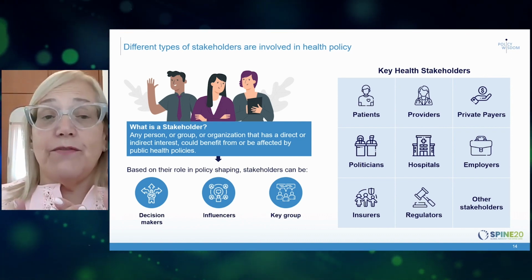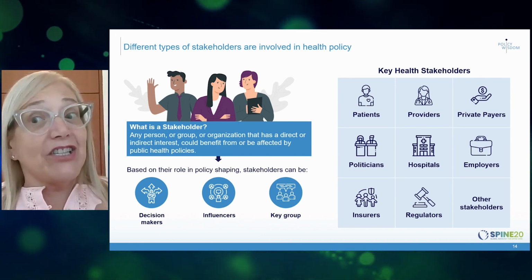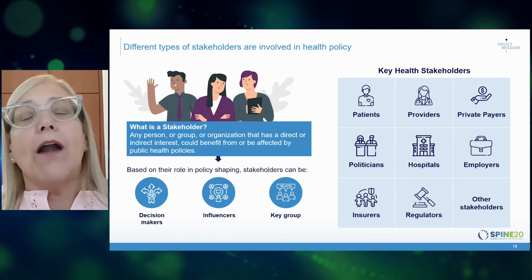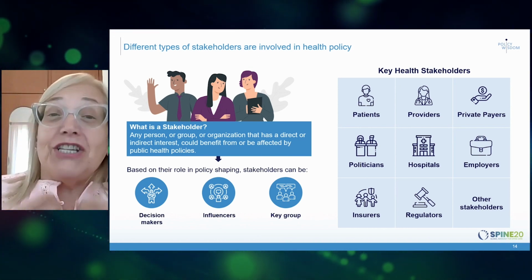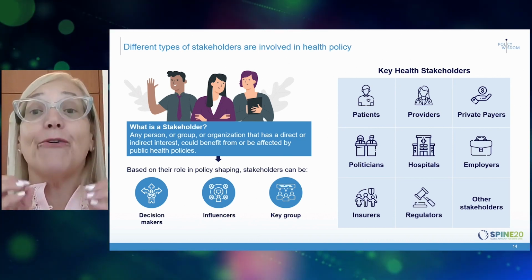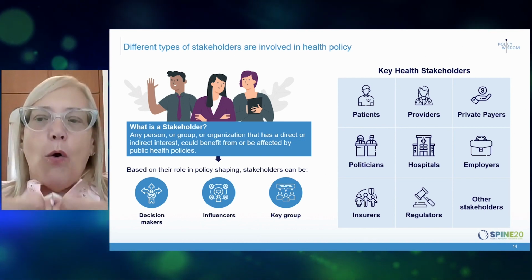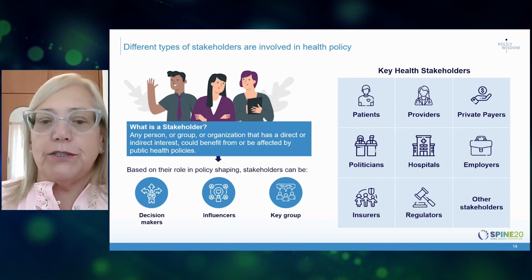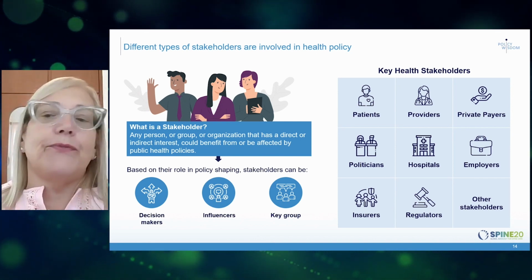So those are the individuals that we know influence the decision makers, and they can change based on the decision maker. And key groups are organizations or groups who, because of the sheer nature of what they do, have a right to have an opinion, make a demand, or offer a solution to a given issue. It is important to understand that the influencers and the key groups can take different